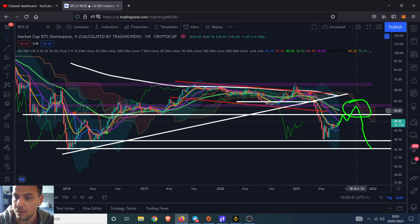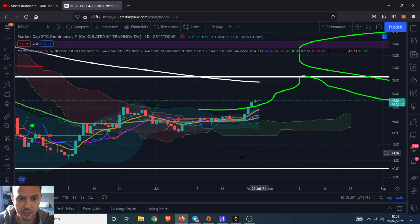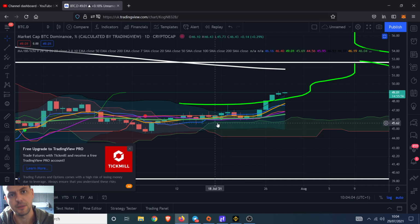It'll probably happen here, or maybe even here, but if it doesn't happen in either of those, it'll happen even higher. It's definitely not just going to happen out of nowhere around here, I would say. It's very unlikely to happen. Now, one of the main reasons I'm saying that is that I recently checked on the daily chart, and the Ichimoku cloud has got a very strong buy signal,